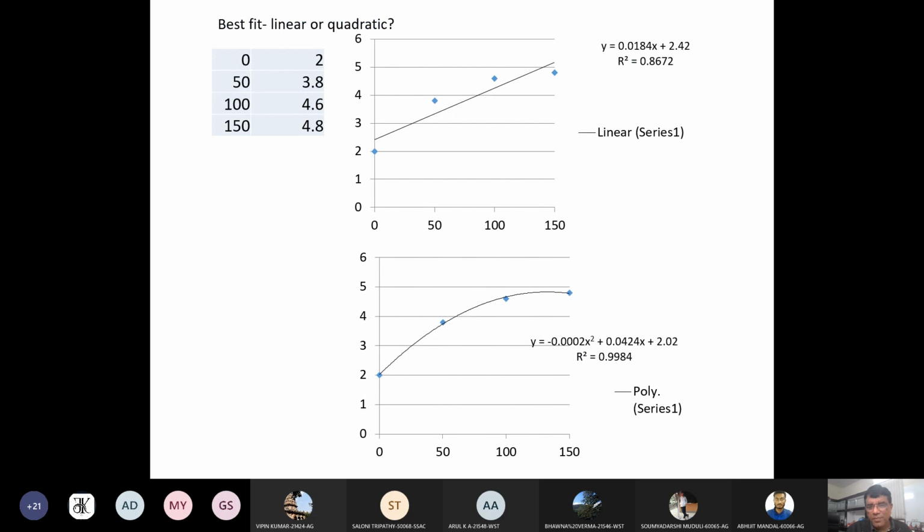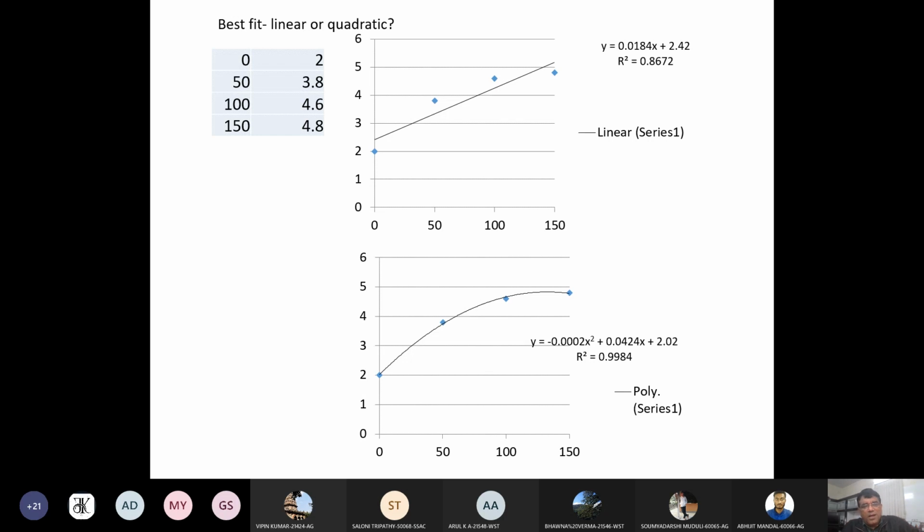Now, in the morning, one of you had a question, because anything can happen in statistics. Suppose you have this particular data: X is 0, 50, 100, 150, and Y is 2, 3.8, 4.6, 4.8.